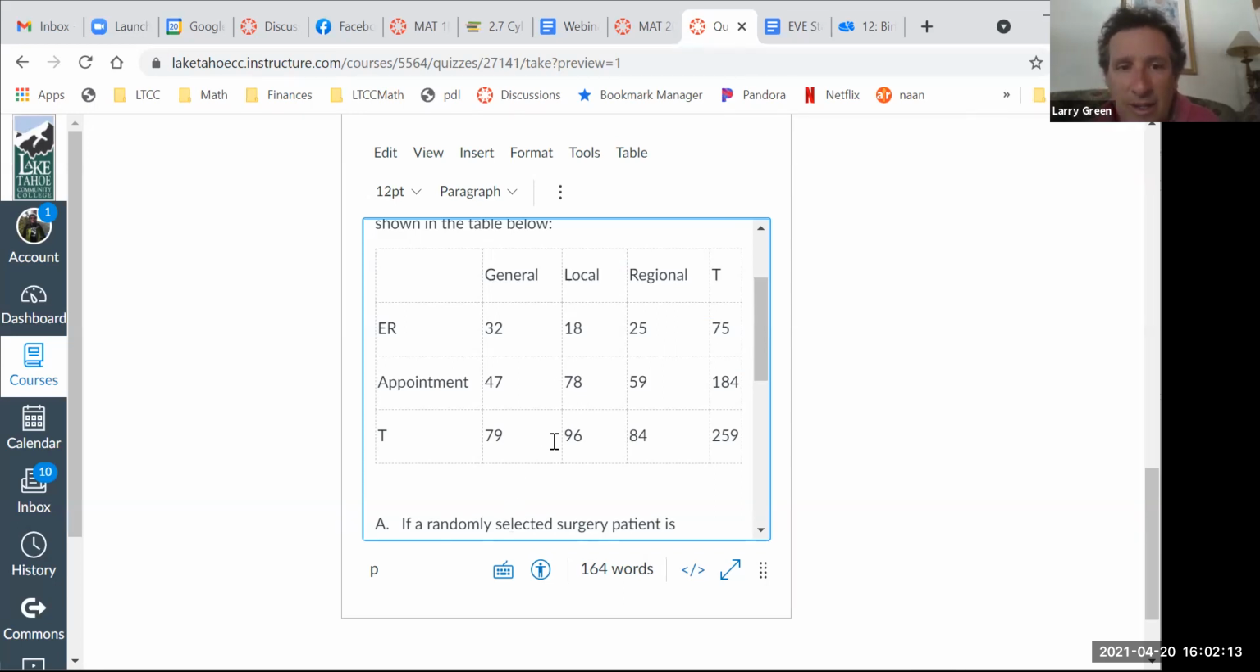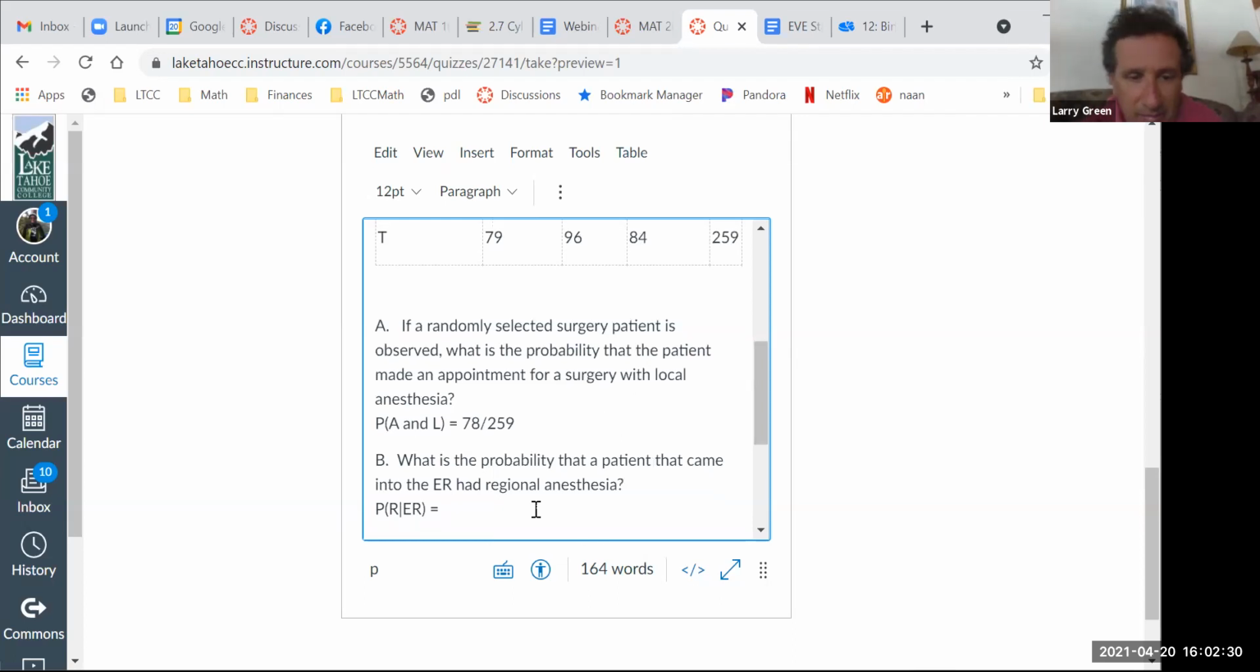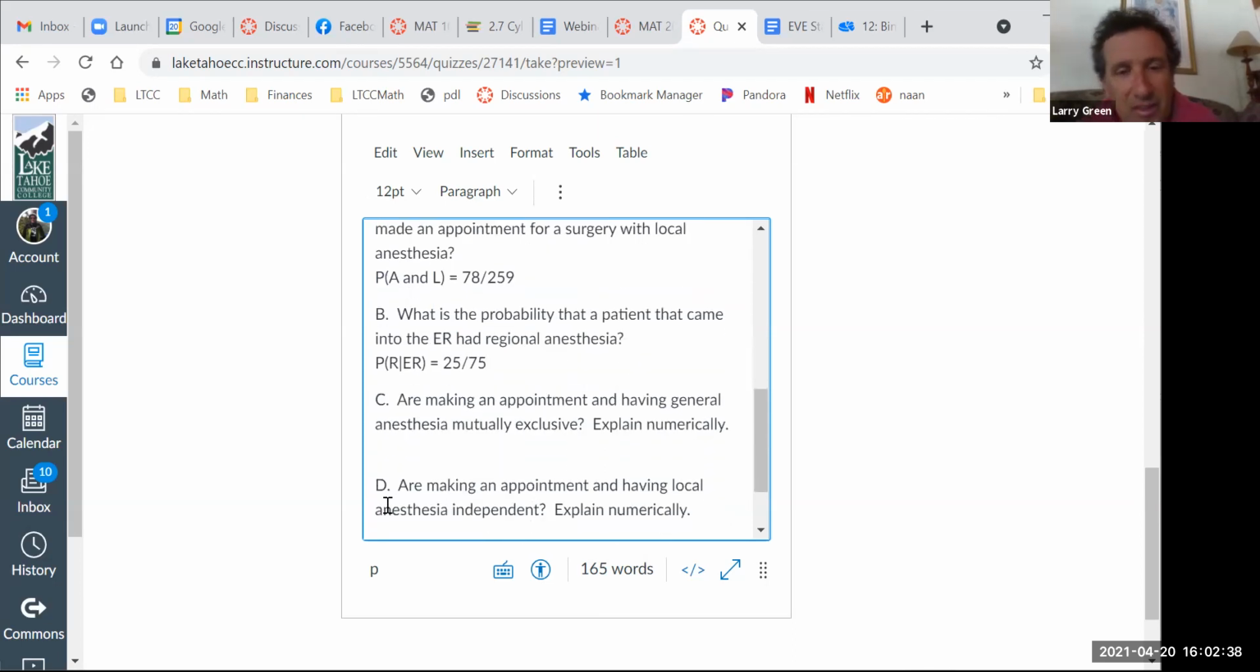What's the numerator? 25. Yeah, 25. And what's the denominator? 75. Yep, 75, because we're given ER, which means we only look at the ER's row. So it's 25 over 75. Okay, so once you have the totals written in, all of this is really quick, as long as you understand